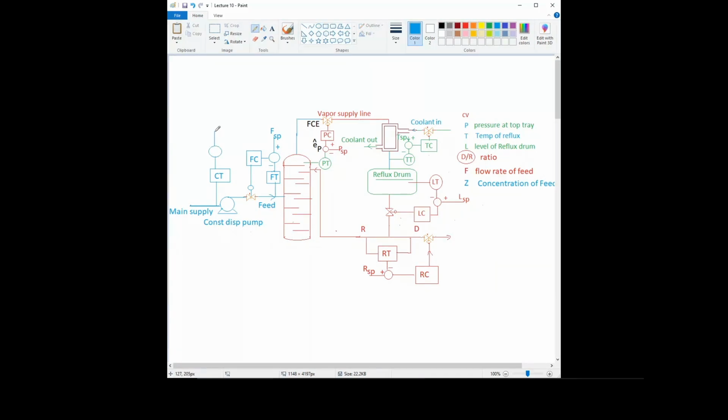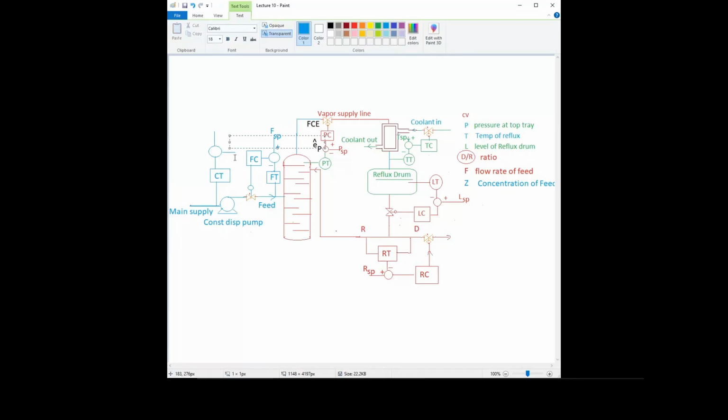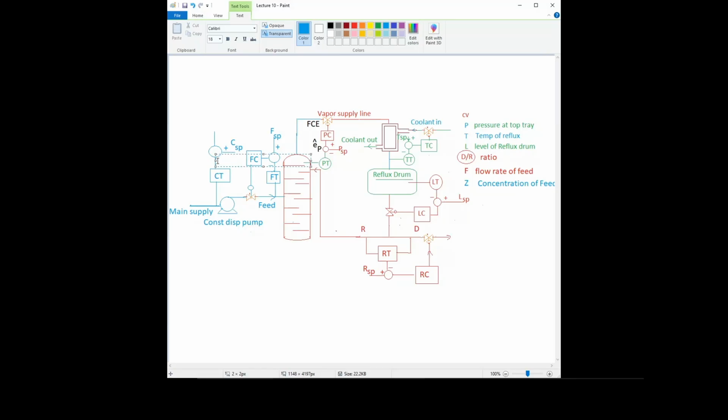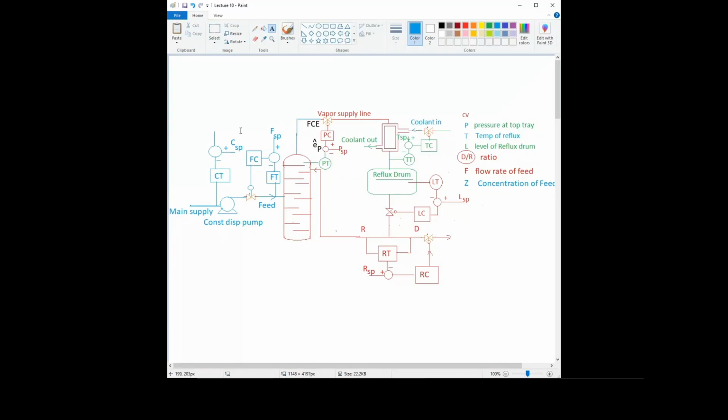Then the error will be generated. This is the reference value C SP. This is simple. We are doing the same thing again and again, so there should not be any doubt in this, I hope. So this is the concentration set point. Error will be generated. Error will be given to the controller. Here we have the controller,